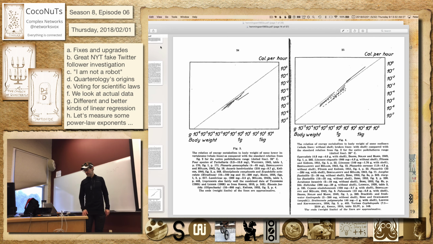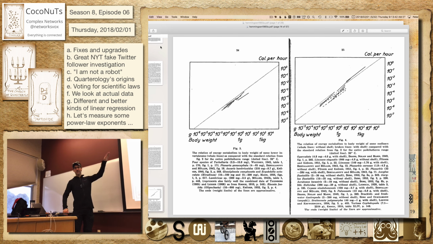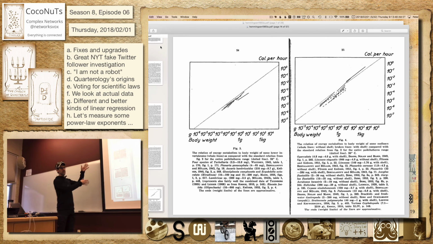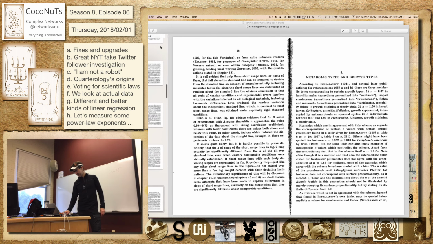So this guy does all sorts of odd things, including just presuming it's 3/4 and then fitting the intercept. Like, it's a done deal by this point, right? It's just like, I'm just going to find the intercept, and that's sort of interesting, right? I talked about that before with birds and different kinds of mammals. That's sort of an interesting thing. So you can see that's happening in here.